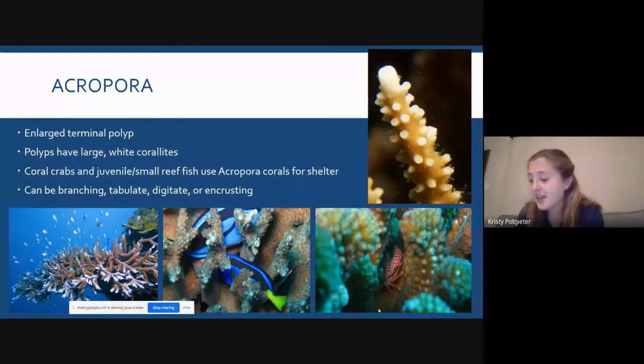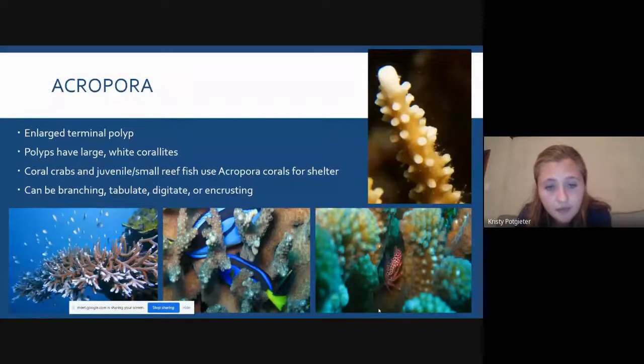So we're going to get into actually identifying corals now. These are some of the really common coral species that we find here in Sodwana. The first one that we're going to look at is Acropora. These ones are really easily identified by that enlarged terminal polyp. What that means is the polyp that's right on the tip of the branch is usually a lot bigger than the rest, and all the corallites are white, so you'll see white dots over the whole